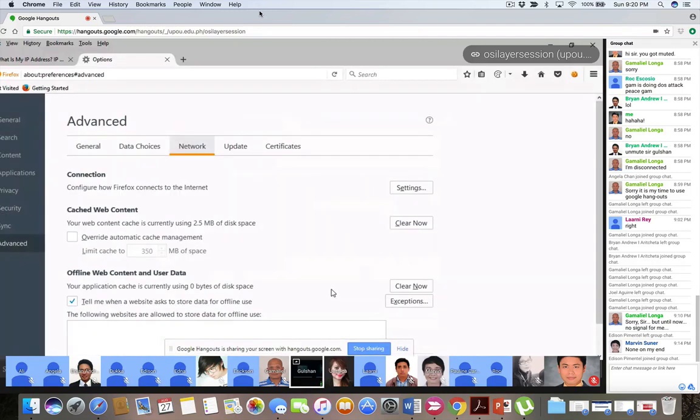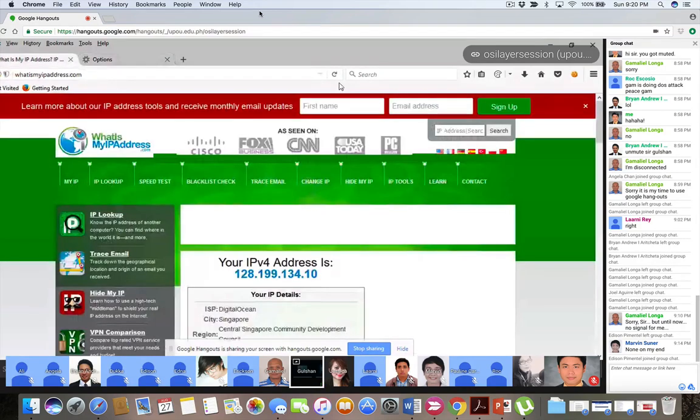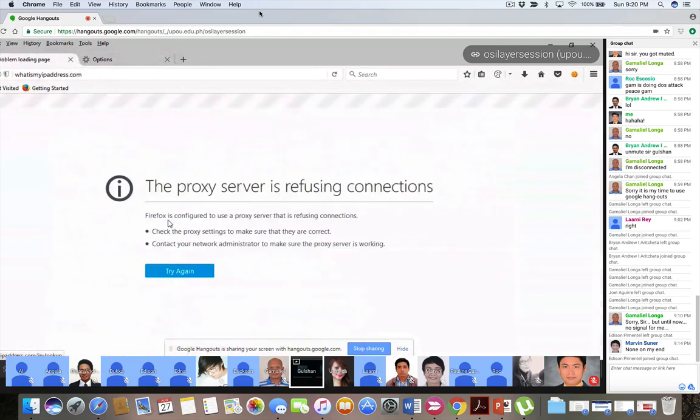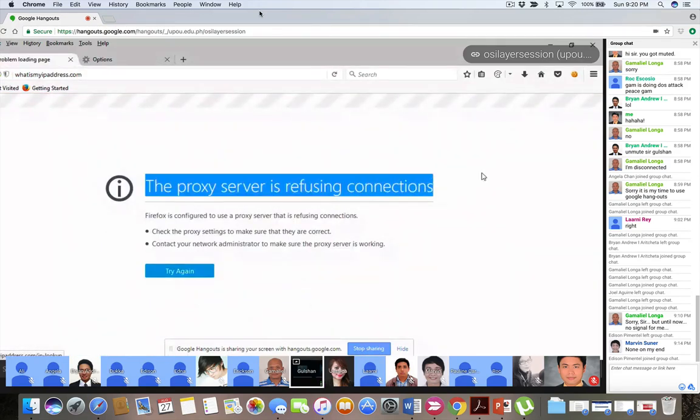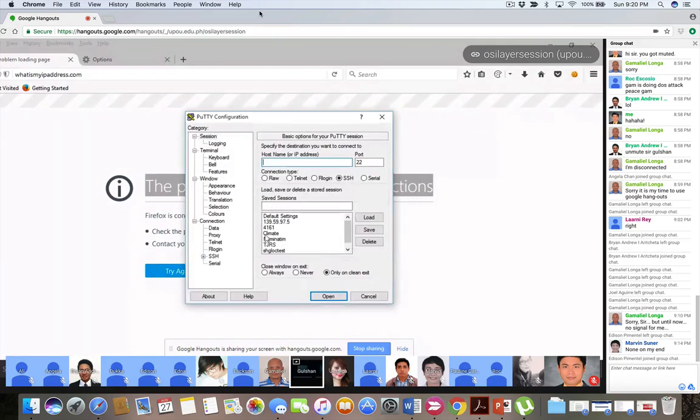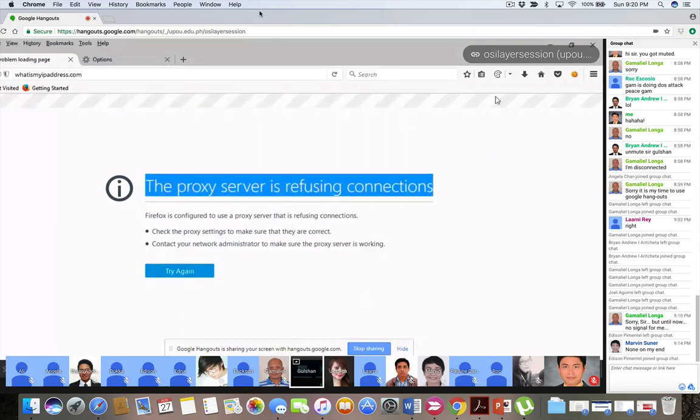If PuTTY is not working and I refresh the page, it will tell me the proxy server is refusing the connection. So whatever I open here goes to port 8888, and from there onward. It's a standard encryption.